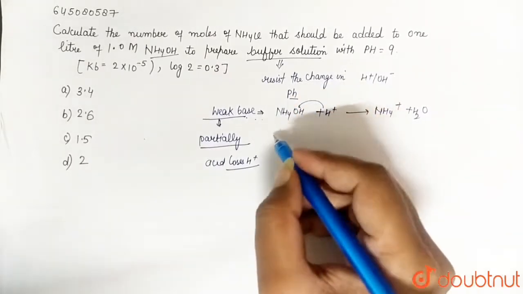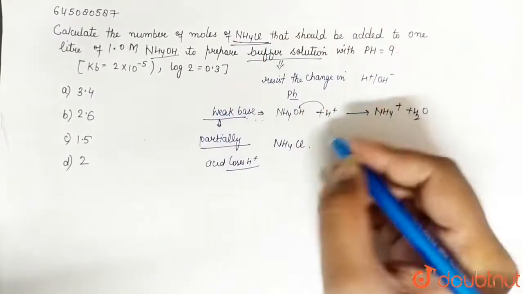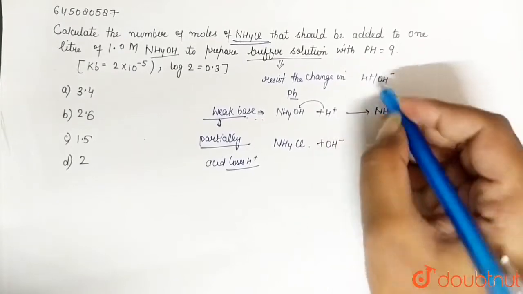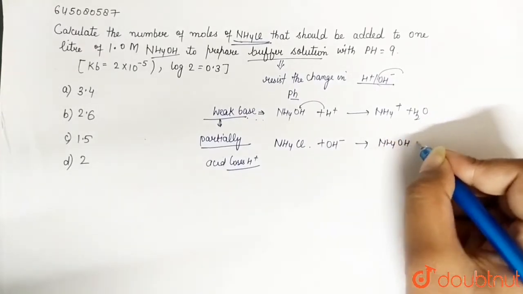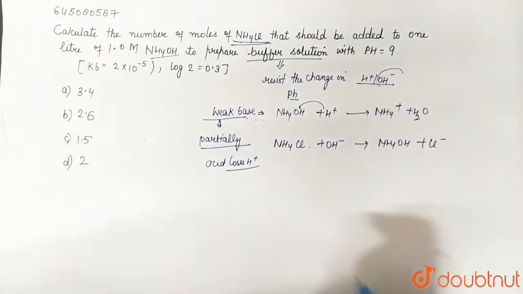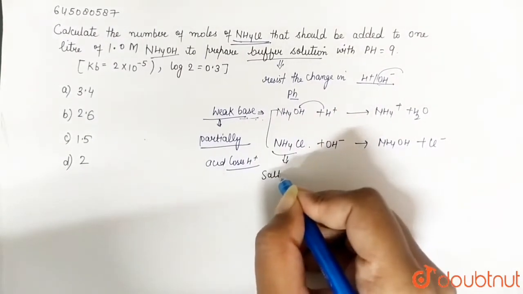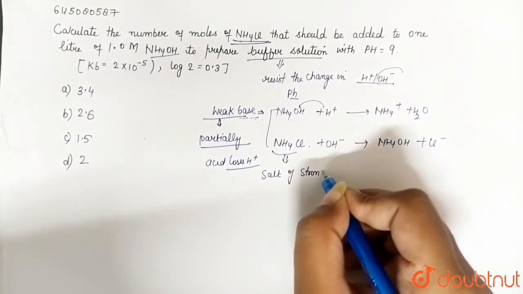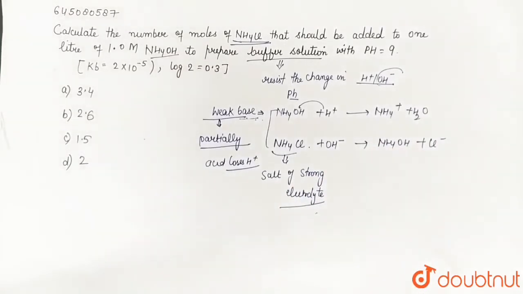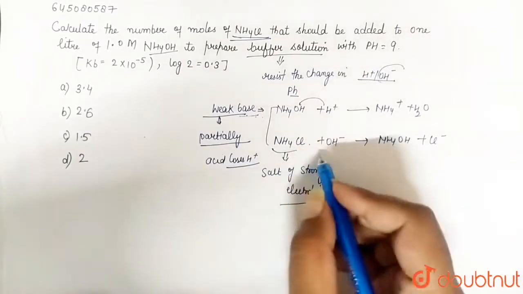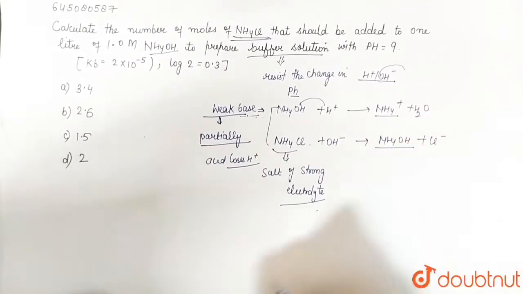Now in the solution we are also having NH4Cl. It is saying that this is the number of moles we need to find. So what is left in water? This OH minus will be accepted by this and then form NH4OH and Cl minus. Now if you see, this is forming the weak base, and the salt of a strong acid, a strong electrolyte. So this is forming the weak base and this is forming the NH4 positive. So there is no change in the solution.